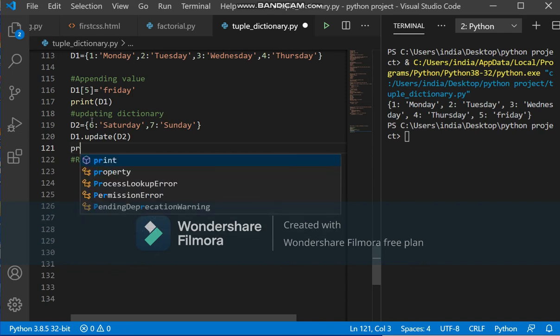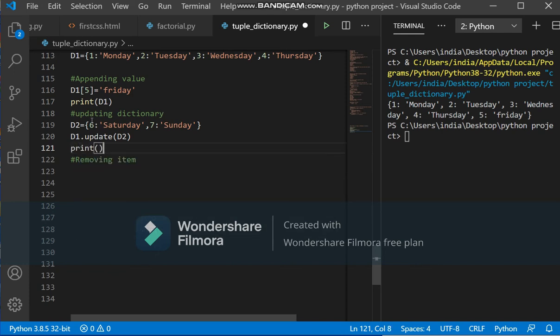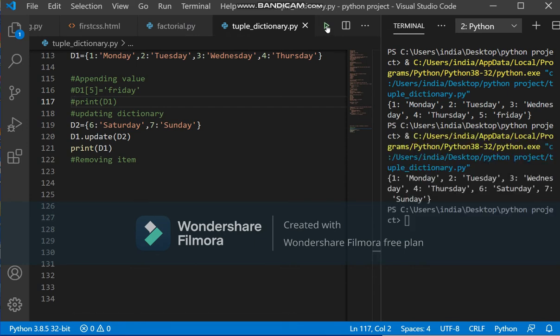We will find the content of D1 and D2 both stored in D1. Control S and then execute. See here, Saturday and Sunday, both are included.